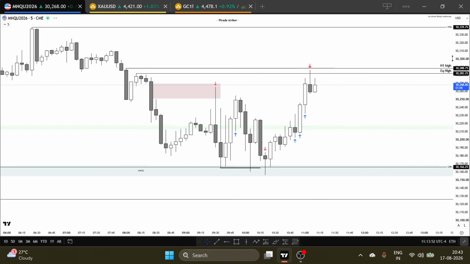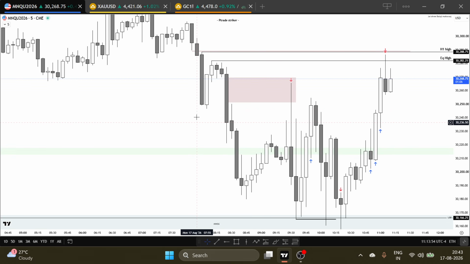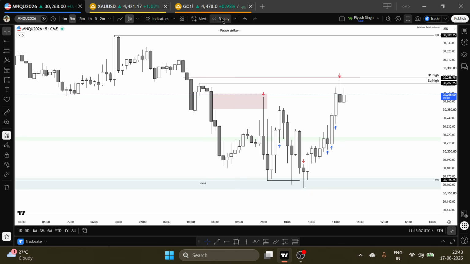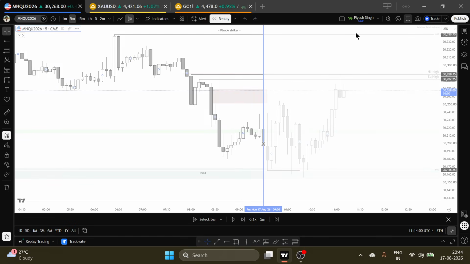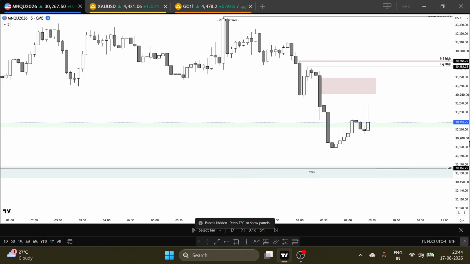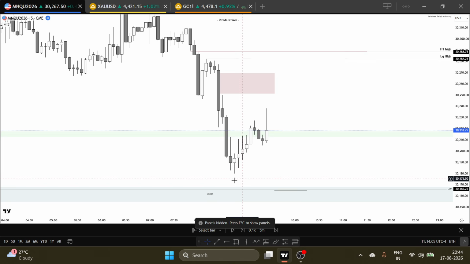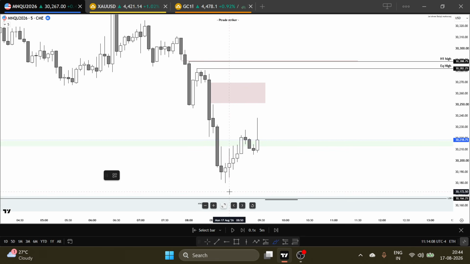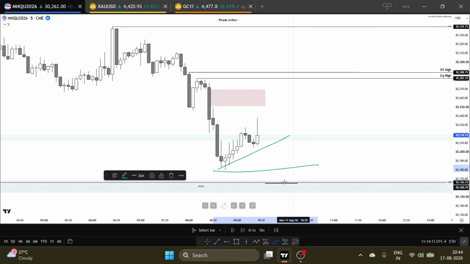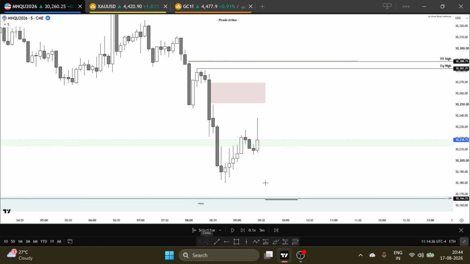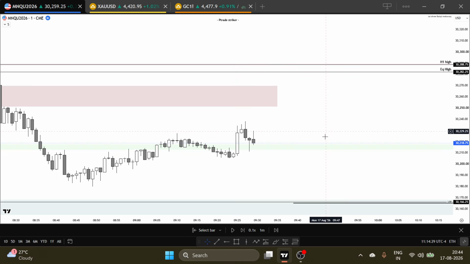Now on the lower time frame, on the 5 minute time frame, here we have this 5 minute fair value gap. So what I did when I saw 9:30: here you can see price creating this trend line liquidity, and here we have this sell side liquidity. Price should respect this NDOG. So I was expecting that price should reverse from this 5 minute fair value gap, then I would go for a sell opportunity. And price did the same thing.